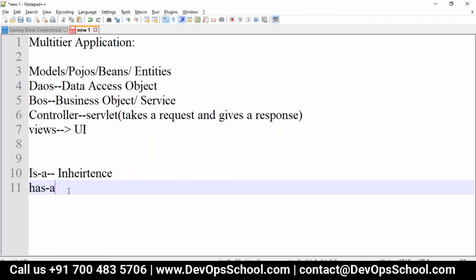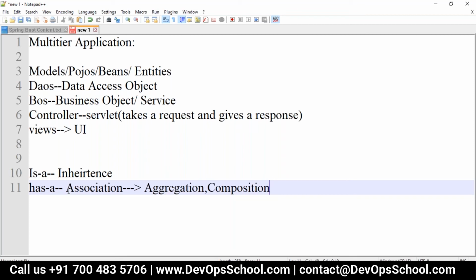HAS-A relationship is basically called association. In association we have two types: aggregation and composition. In aggregation, one object is part of another object, for example a flight ticket has a booking.